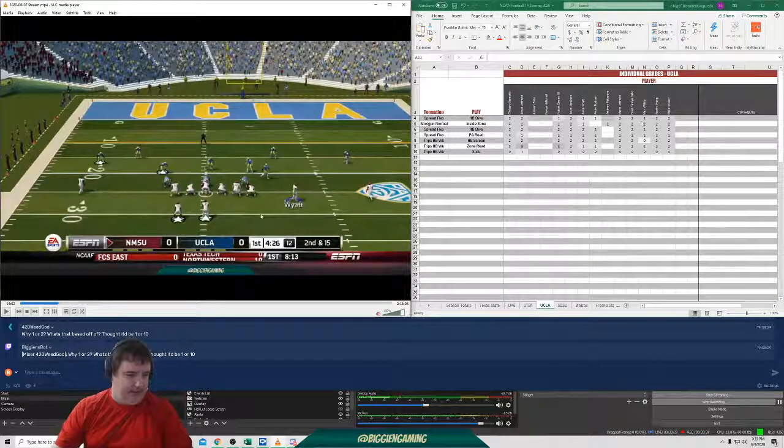So, like, our guard knows he's supposed to block this player right here, doesn't make the block. That would be a 1. Went to the right spot, just didn't get it done. 2 means blocked him. Okay? 3 means not only did he pancake this guy, he works up, blocks that guy, leading to a touchdown.